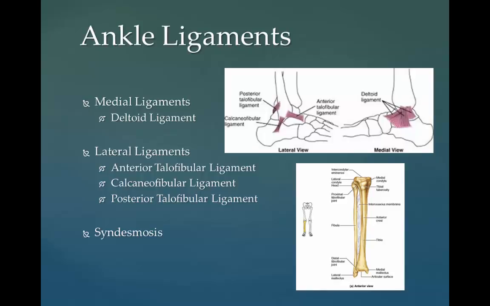The bony architecture of the ankle joint is most stable in dorsiflexion. Thus, a sprained ankle is most likely to occur when the ankle is plantar flexed, as ligamentous support is more important in this position. The classic ankle sprain involves the anterior talofibular ligament, which is also the most commonly injured ligament during inversion sprains. Another ligament that can be injured in severe ankle sprain is the calcaneofibular ligament.